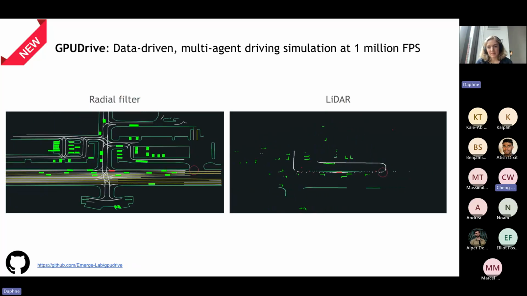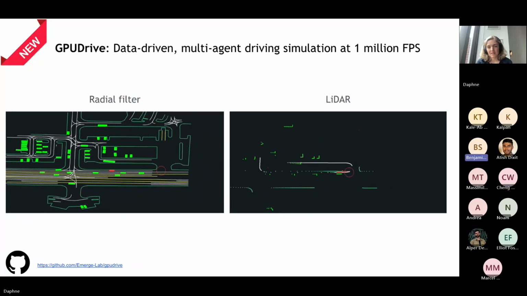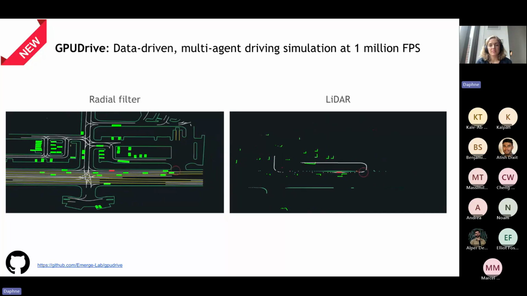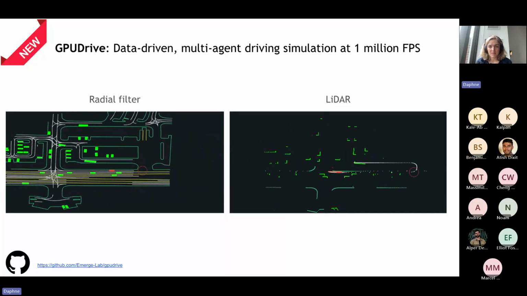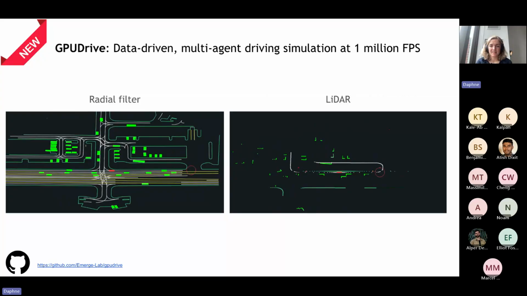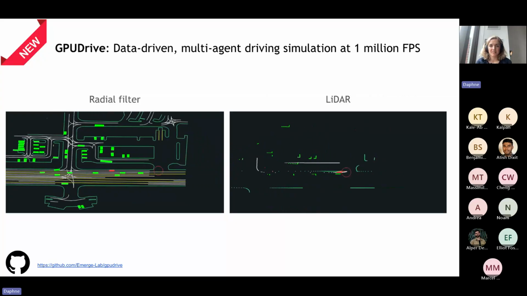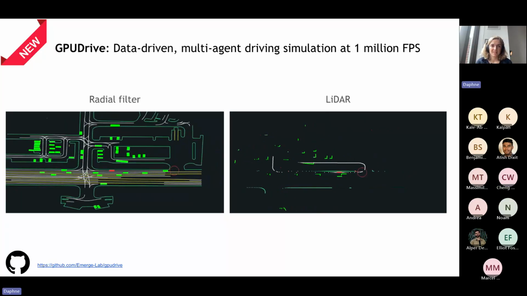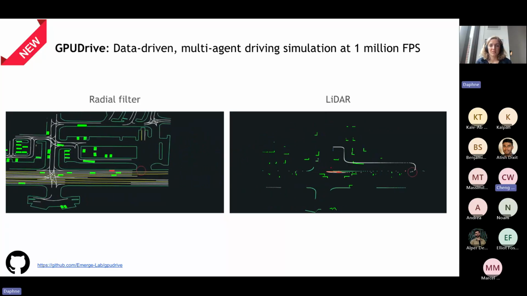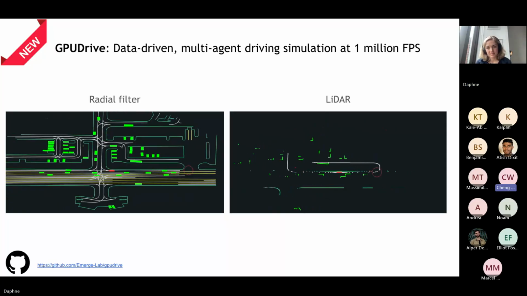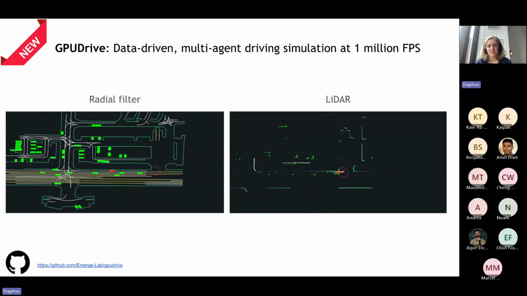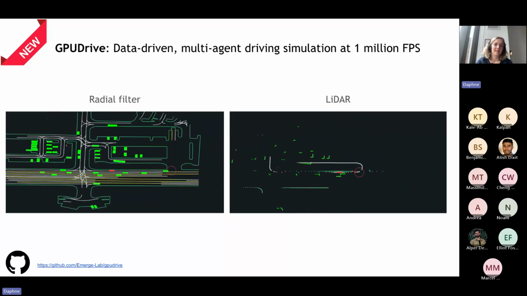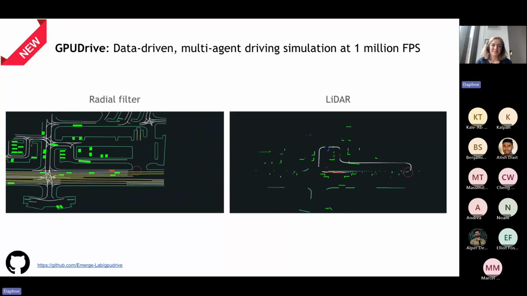So what do you mean, LiDAR here? Yeah, to be honest, I'm not really familiar with the specifics, but it's a LiDAR within the simulator. So you can simulate the point cloud in the simulator, right? I have to check this, but I think this is how it's implemented. But let me actually check this offline, and then I can get back to you if you're really interested in